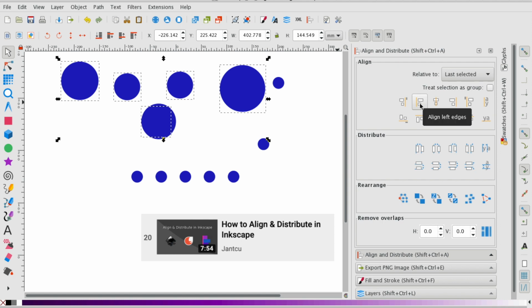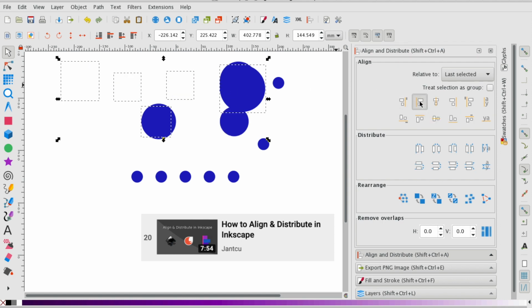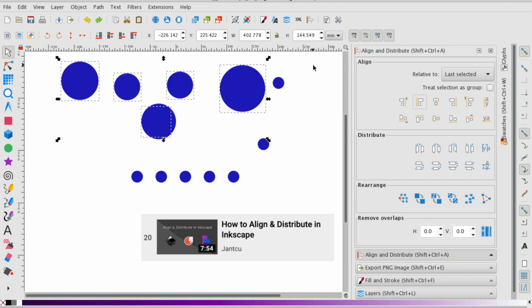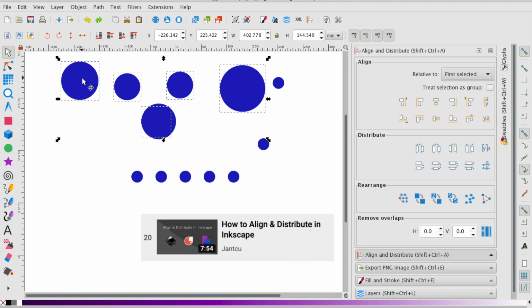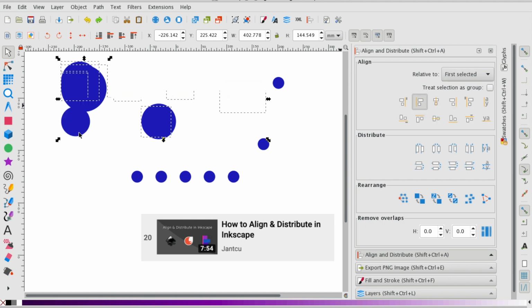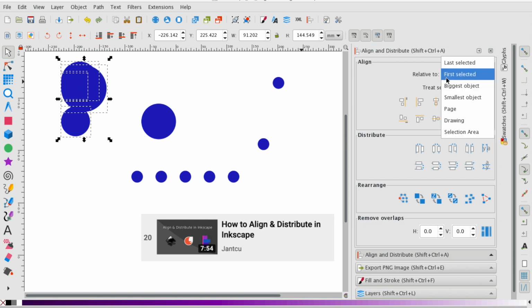I'm going to tell Inkscape, let's align to this left side. And you'll notice only the objects I selected are now aligned to this side of the object. Let's undo that. I've hit Control Z. That's another very useful tool in Inkscape. You can also do it by the first selected. So if I change it to that, this object was the first one I selected. Going to select the same align left edges, and every object aligns, or the ones I just selected, aligns to the first one. Now I can continue doing this with different ones, to the biggest object, to the smallest object,